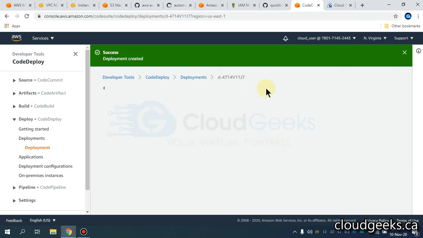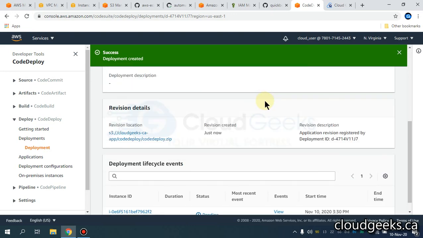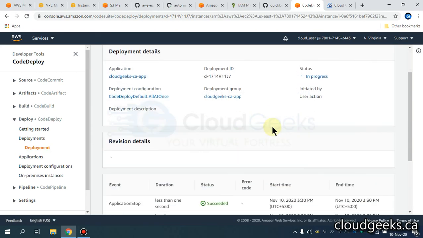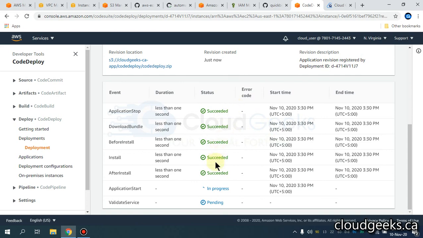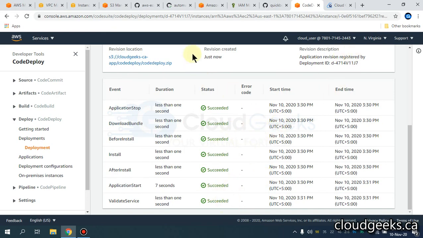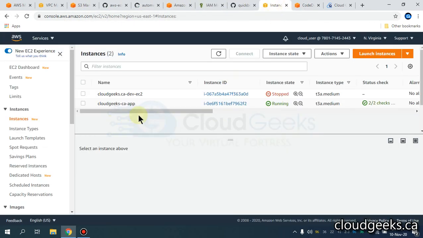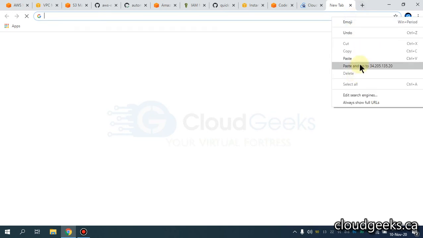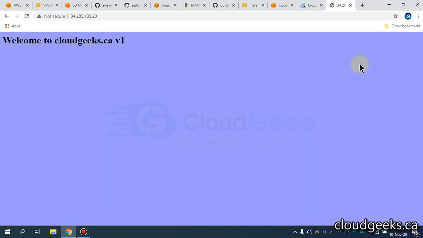If everything goes well, our deployment is going to be successful. Let's see. I'm going to click on view events. You will see everything till now has succeeded. So our deployment is in progress. Hopefully we will be able to see one application. So deployment is successful on that particular EC2 instance. Let me drag that tab to you. If I click on this EC2 instance, if I click the public IP of this, you will see our version 1